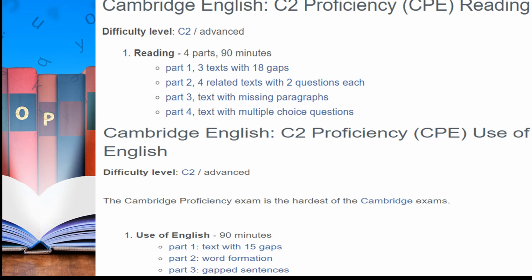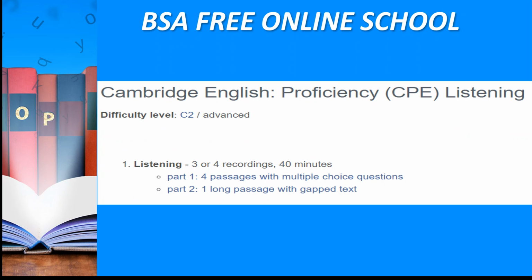In use of English at proficiency level, you will face 3 parts: a text with 15 gaps, word formation, and the 3rd part is gapped sentences. The listening component has 4 recordings and 2 parts, including 4 passages with multiple choice questions and 1 long passage with gapped text.